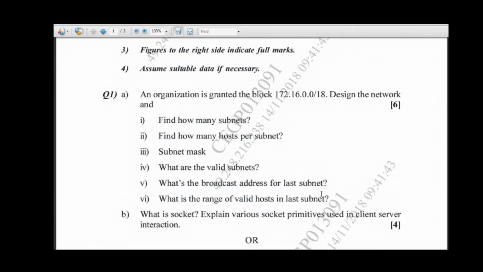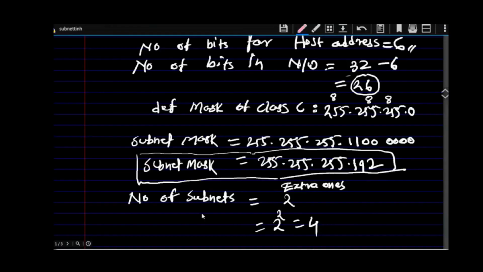If you have any doubt, you can ask me at any time. Refer to the previous year question papers of computer network technology, the third year subject, not the second year subject, because previously this topic I think was not in the second year subject, but now they have included it. You should be able to answer these kinds of questions. Okay, so this is about subnetting in classful.